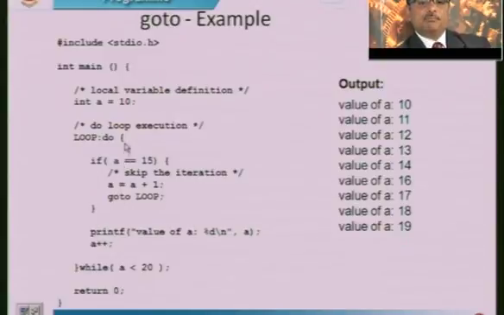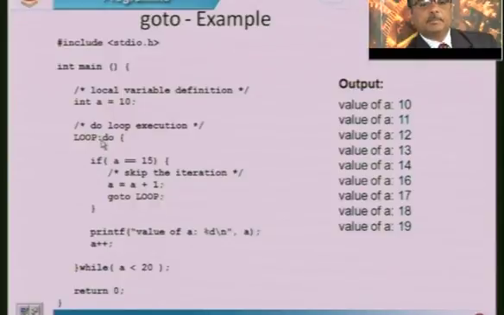Whenever a becomes 15, this condition says a is 15, hence a is now incremented by 1, that becomes 16. Go to loop, this is the statement, go to loop. Loop is called a label. You can use any label that you are comfortable with. Here they used a label called loop. You can say go to next. You type next in the statement where the control should start from. Loop semicolon, control goes to this.